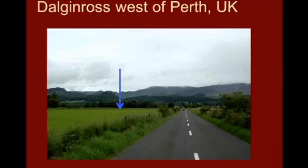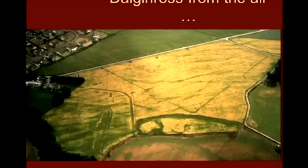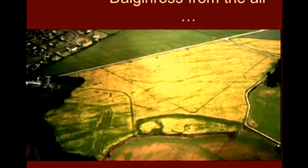There's a camp in that field there, nothing to be seen today at ground level. Just bear in mind those houses down there, because we're going to look at it in an aerial view now. There it is. That photograph was taken from about there, looking this way towards those houses. There's the houses there, and as you can see,